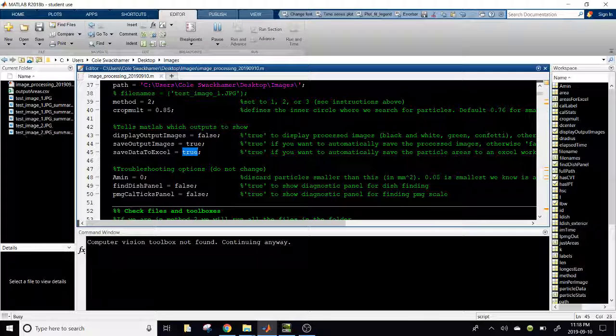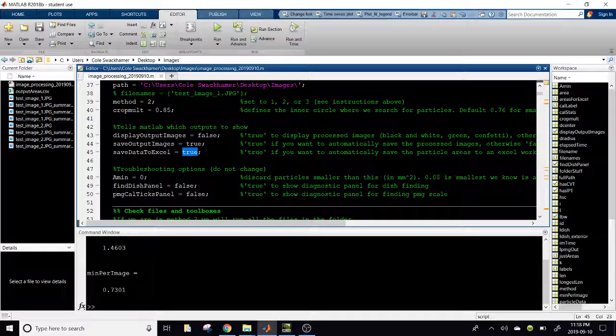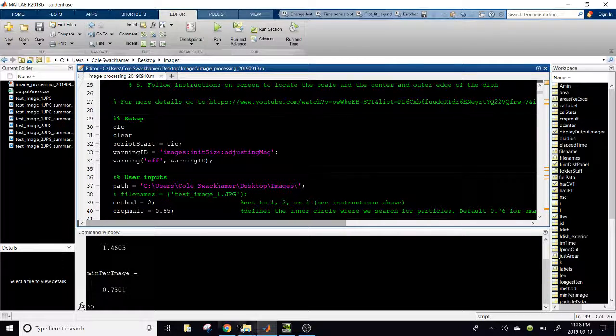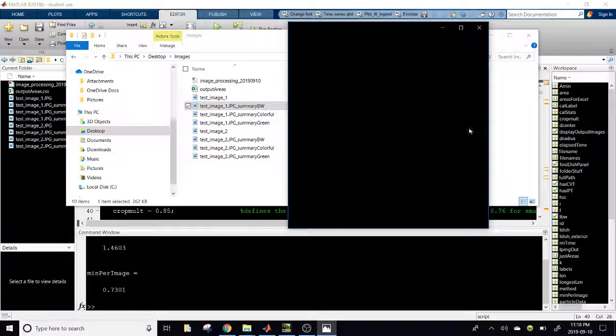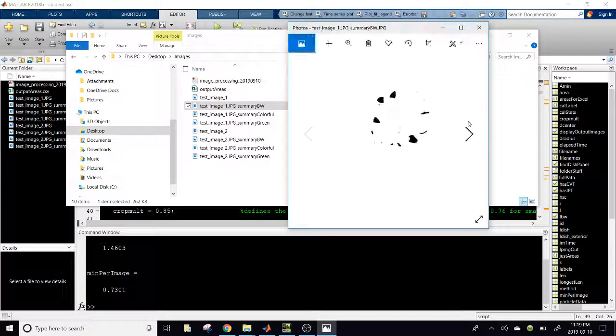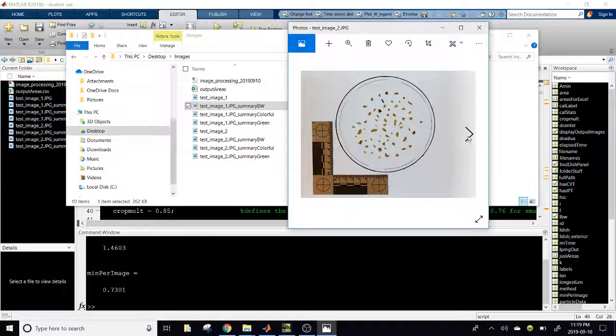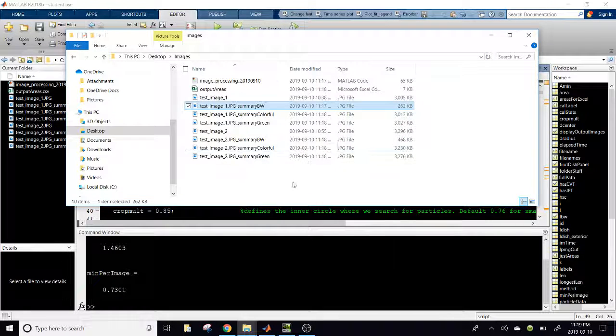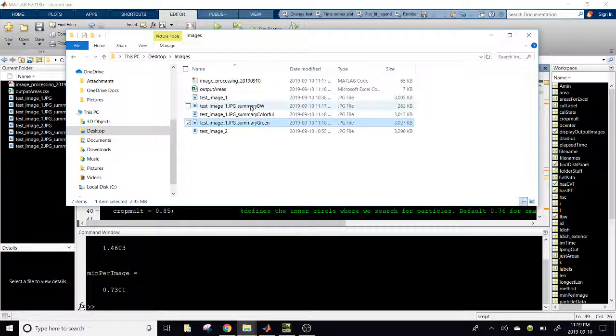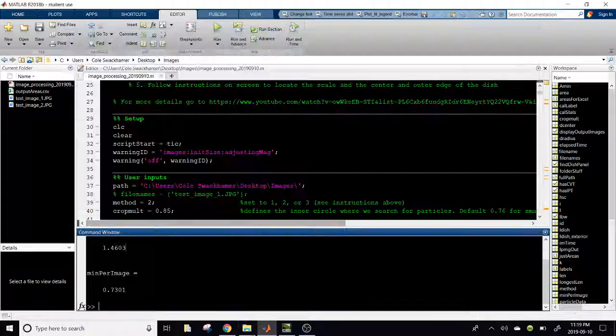Then down here we have some troubleshooting options. This is some stuff that we don't really need to touch or really talk about too much at the moment, but feel free to get in touch with me later for more details. Okay, so now we processed test image 1 and test image 2. As before, we have these output images. Now that was test image 2, and we have some processed images from that. So once again, I'm going to just go ahead and delete these processed images,